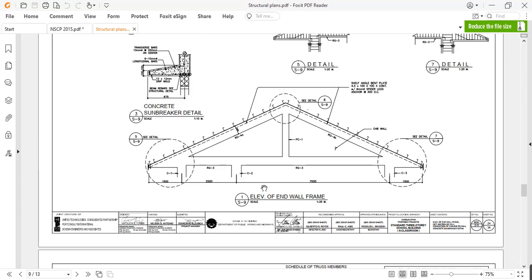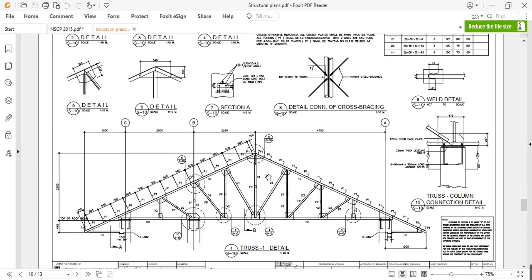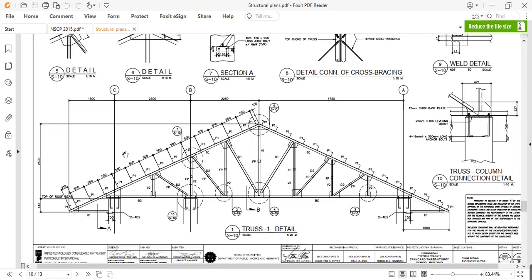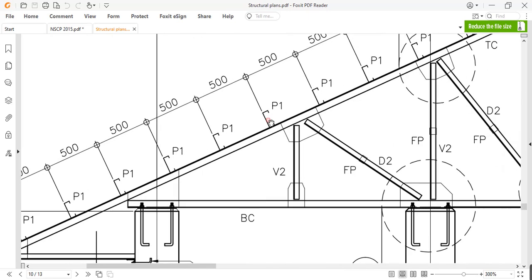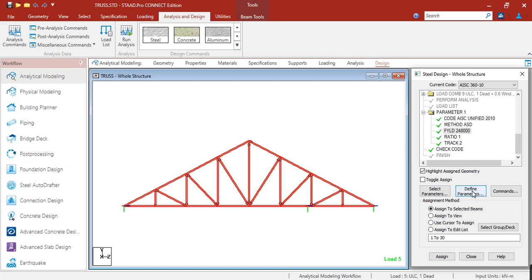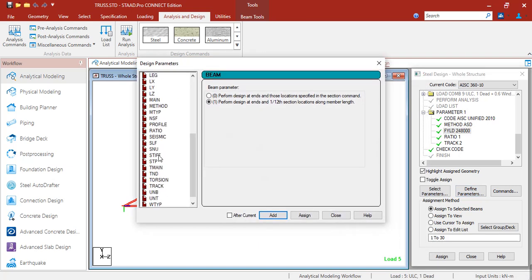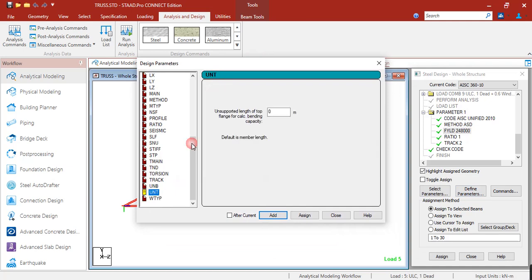Okay, so where is the purlins? Okay, so purlins has a spacing of 0.5 meters. So going back to our plans, let's define parameters and UNT, that is 0.5 for the spacing of